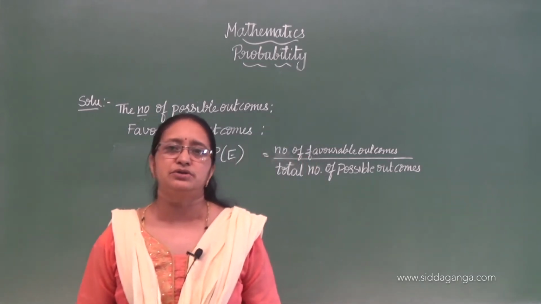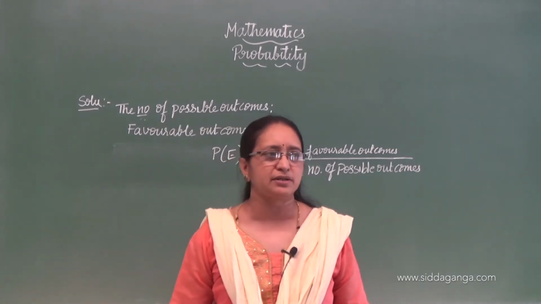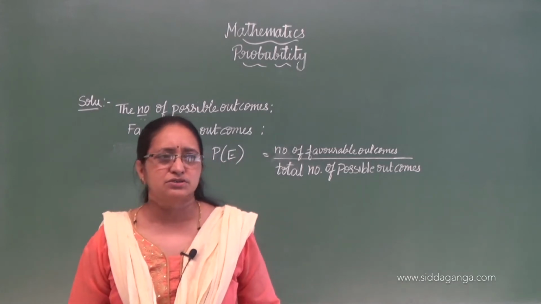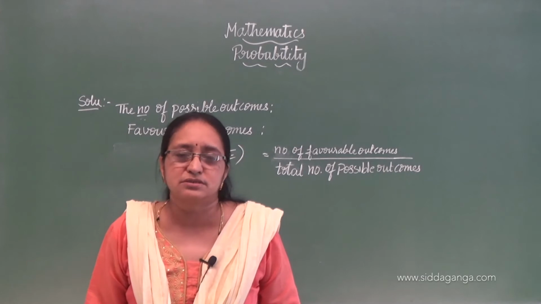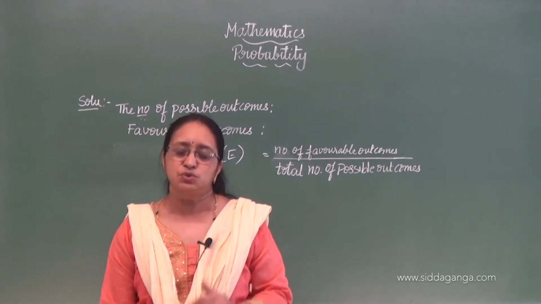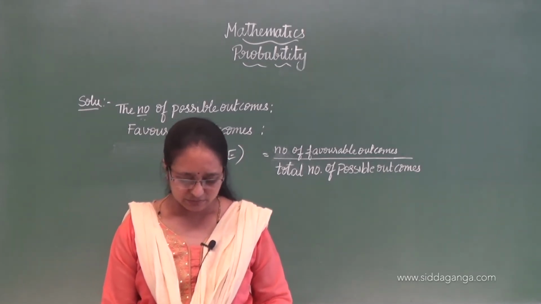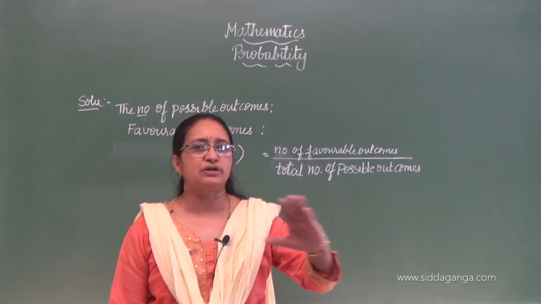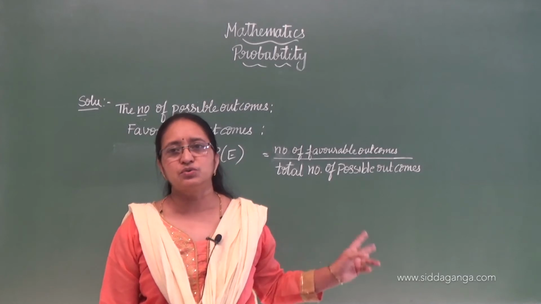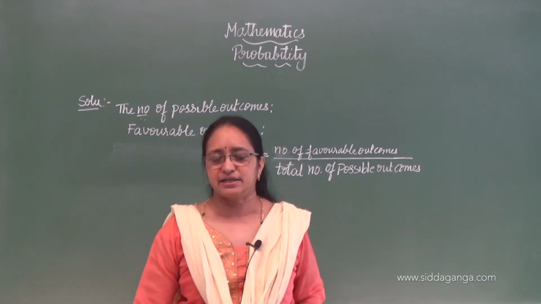As I told you in the previous class, I had explained and I had given the flow chart. So you can refer to that. So how many cards are there? Total cards are 52. And how many aces? Because they have asked for the aces. So I told you, 4 aces will be there. So 2 red aces and 2 black aces.